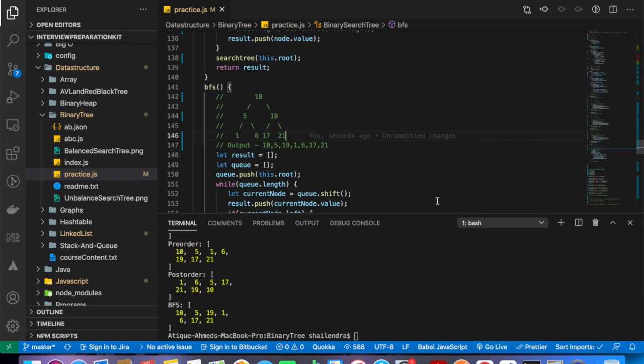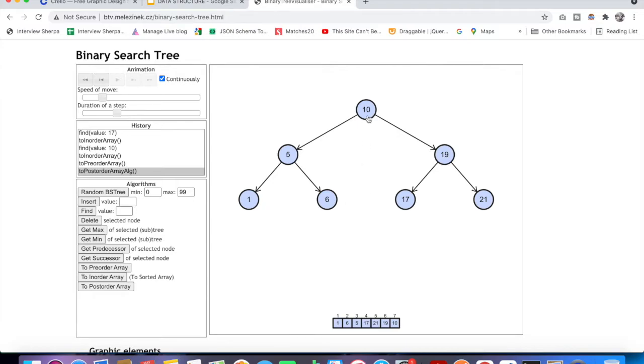So now we will discuss how to find the level of the binary tree. When I say level of the binary tree, you can see that this is level 3, right? So you can see level 1, level 2 and level 3, right? And we'll be going to discuss these things.